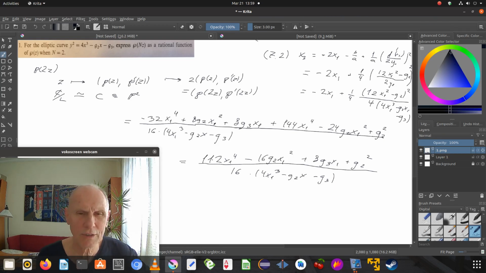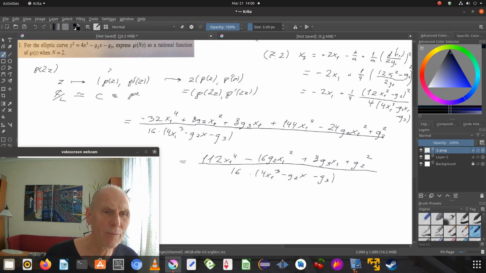So would 16 divide this? Don't think so. And it doesn't the rest. Well, I think that finishes it. And then we have to use the fact that x1 equals the Weierstrass p function of z. So that we get